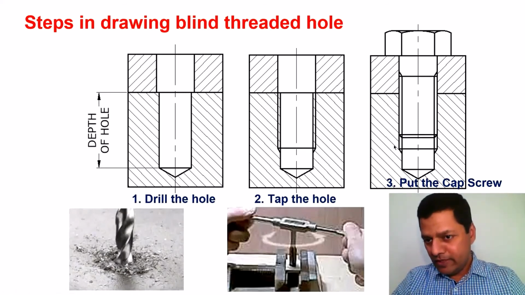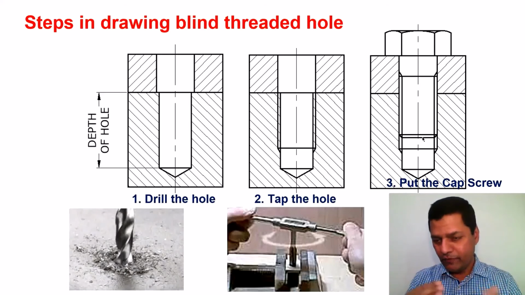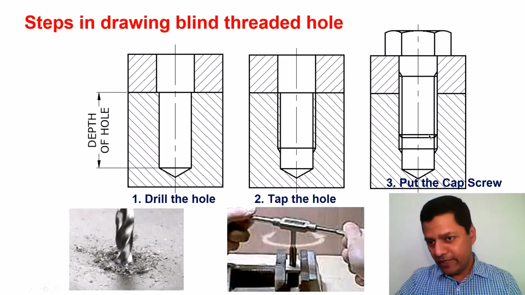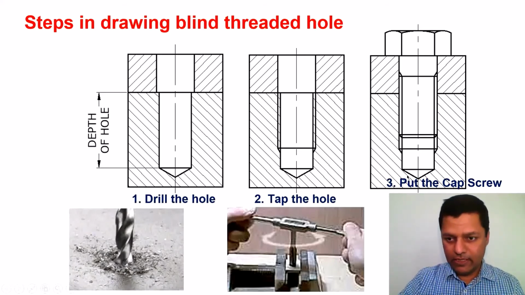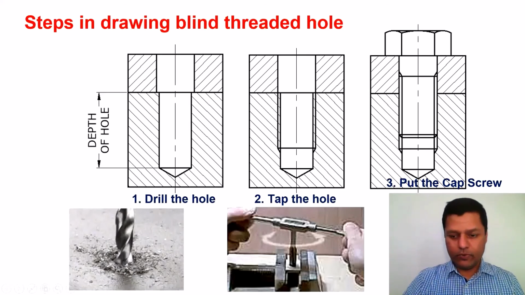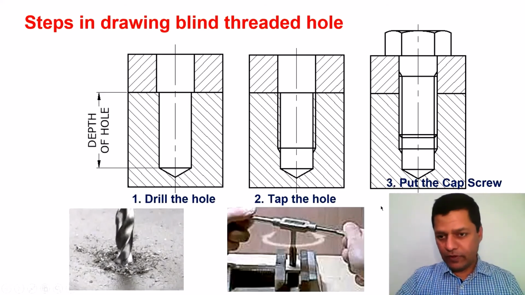So these two lines represent the end of the cap screw, and at the end of the cap screw we make a 45 degree chamfer. So this is a 45 degree angle here. This is the thread run out for the internal thread, 30 degrees with the axis. This is 45 degrees with the axis, and this is another line for the drill. Understand why each line is here. There are 4 horizontal lines, 1, 2 and 3, 4. These 3 and 4 are both for the end of the cap screw because of the chamfering. This is for representing the internal threads, and this is for the hole itself.